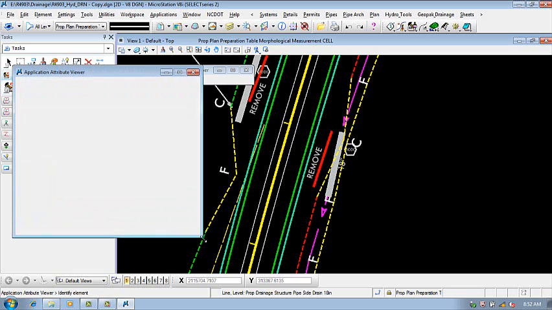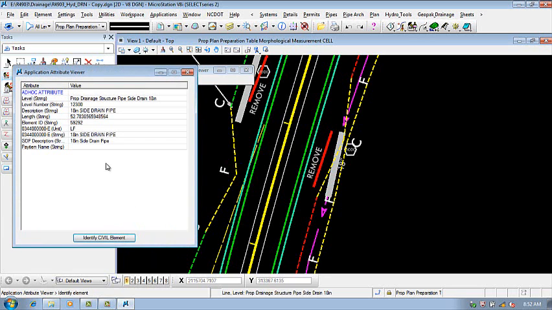So now you can see, if you never look, this is what it is. Here it's got the fact that it's a side drain pipe. It's got the length of the pipe somewhere on there. Yep, length. It's got the right level, and it's got the payout number. So now, something that's confusing to everybody is, with the new alternate pipe stuff,